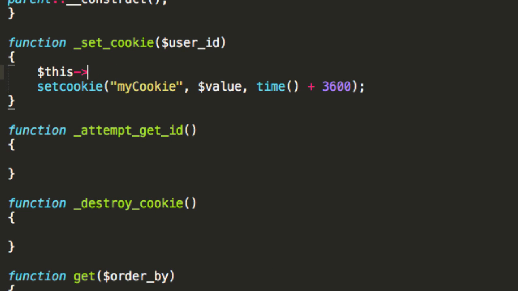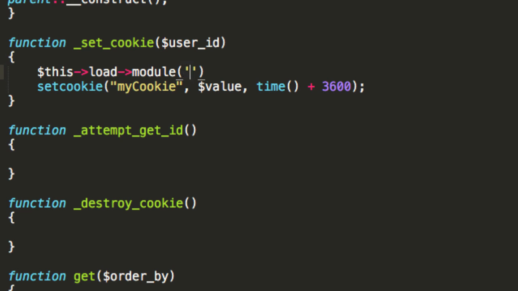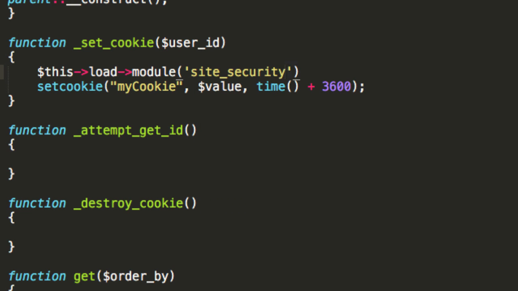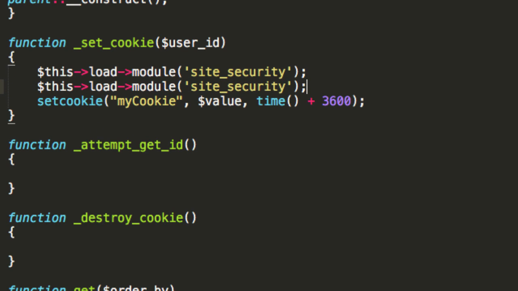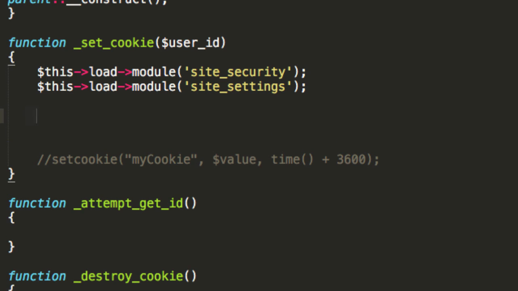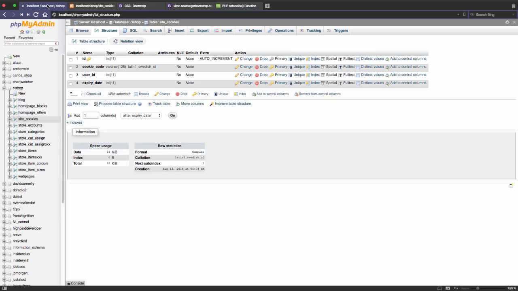I'm going to start off by loading up a module. And the module is going to be site security, and then I'm going to load up another module because it's going to come in handy. The other module is going to be called site settings. Let's move this down. In fact, let's comment it out because I want to do some cool stuff beforehand. So I'm going to create a data variable. The data variable is going to be called